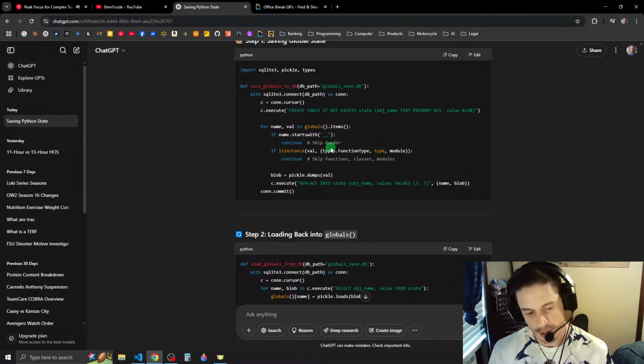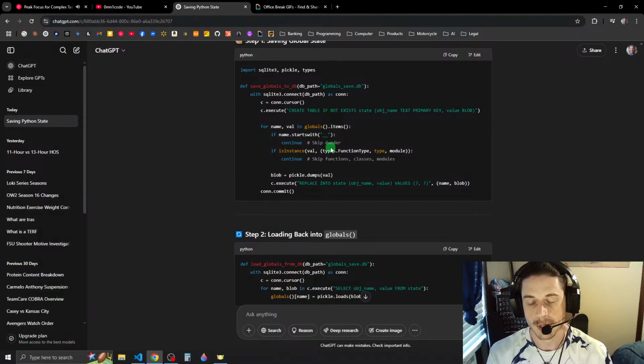I don't need to complicate this. If it exists at the time of the saving, then it gets saved. If it's a global, then it gets saved. Then we disconnect, we reconnect, we load from the database and inject back into globals.